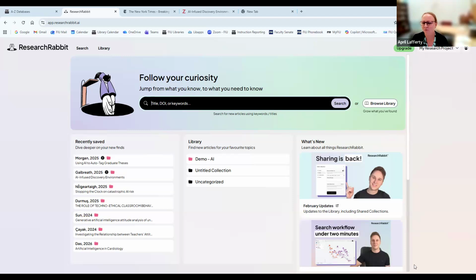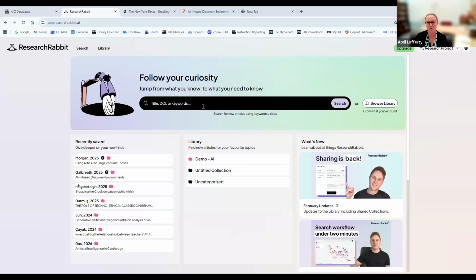So, all right. Research Rabbit is a really great tool that helps you to find more information about articles. So let's say you find something that you really like, and you want to find similar articles or anything like that. You can do a search in here, and it will map it for you across many different locations online. This is really helpful if you're doing a literature review or if you're just trying to find more information about something. And the reason that we're talking about it now is because this works really seamlessly with